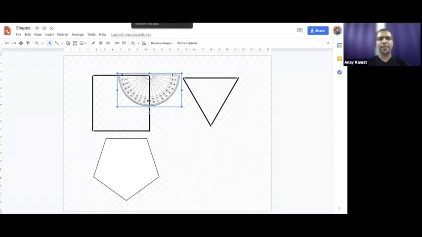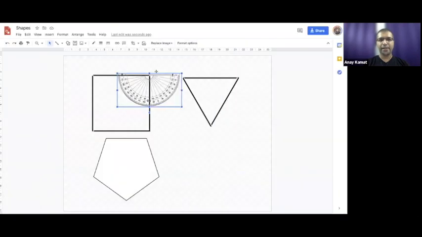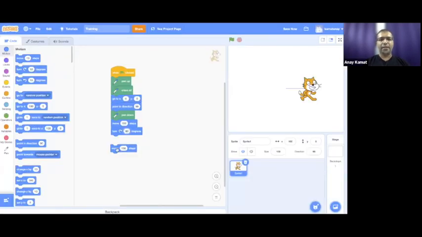So let us do that. Let us quickly turn right. Turn right by 90. How do we know it is 90? We can see it is 90 over here, right? If it is turning towards the right, it's 90 degrees for a square. And what happens whenever we turn 90? Exactly, it is looking down. So if I now move another 100 steps, it would draw that next line for me. Let me hide the sprite. And yes, it gives me that next line.